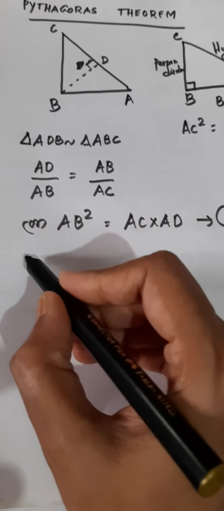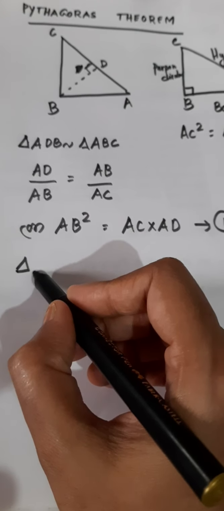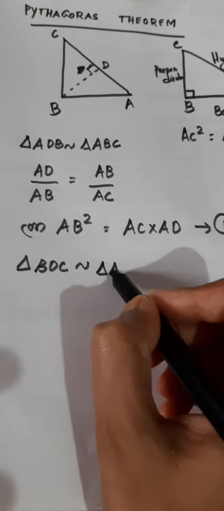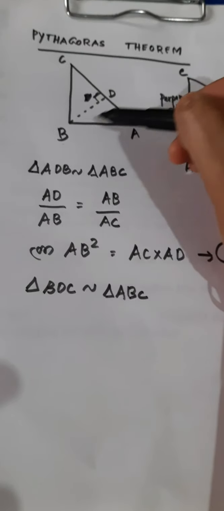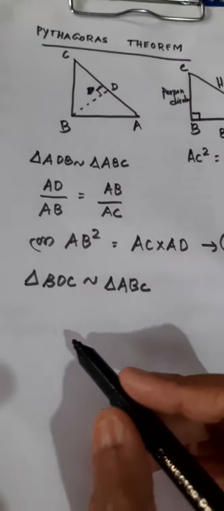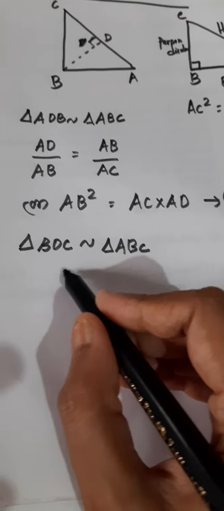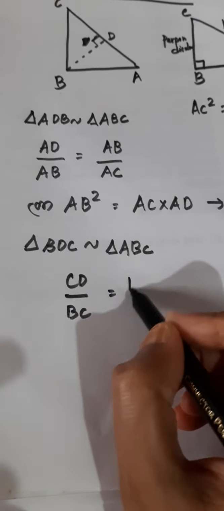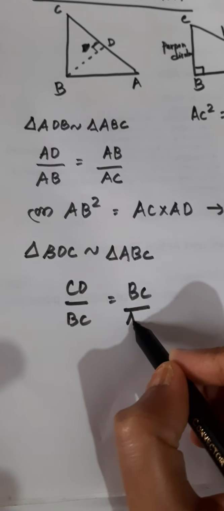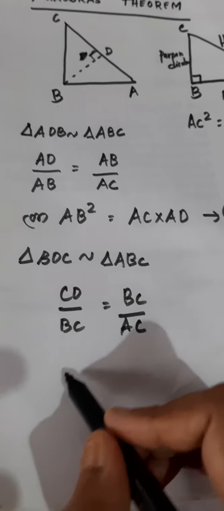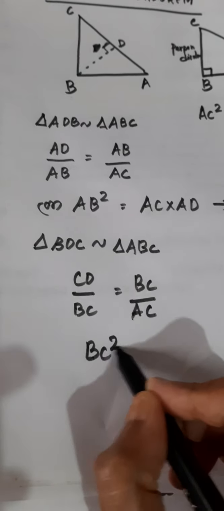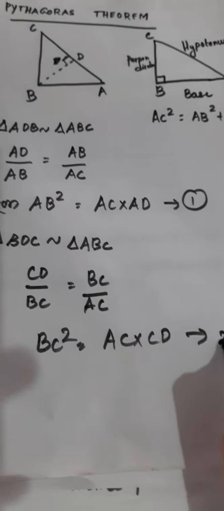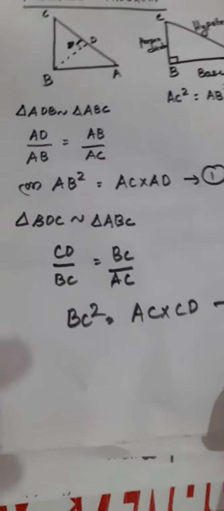Next, the same way, if you see, triangle BDC is similar to triangle ABC. So based on similarity, we can write CD by BC is equal to BC by AC. This again can be written as BC square equal to AC into CD. So by adding equation 1 and 2,